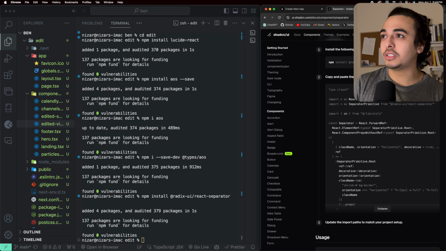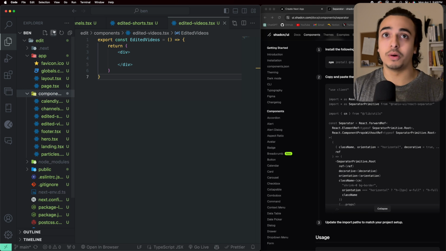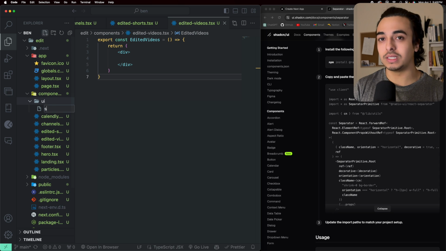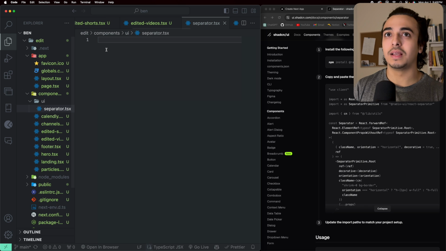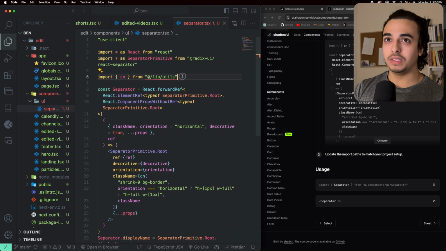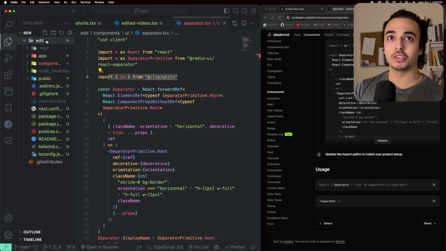So we just need to copy this again, and this will actually be located within our components folder and then UI folder. And within here, we just need to write separator.tsx, and within here, just paste everything in here. And we see that we need a cn from the lib folder. So let's just do that real quick. Let's just grab that. It'll be